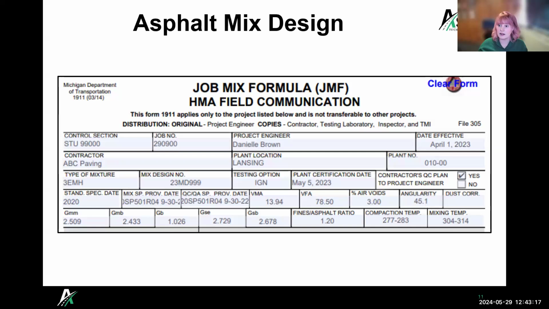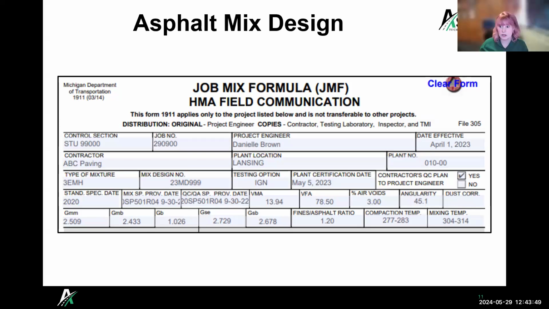And then another question about temperature. We got lots of temperature questions. That mixing temp, that's the range that the asphalt should be in the hopper, that 304 to 314. Yep. Okay. Yeah, because that makes sure that it's viscous and it can coat the aggregates properly. Yeah. And that's specific to the liquid asphalt being used. Obviously, if you use warm mix additives or any of that kind of stuff, that's going to be a lot lower there.